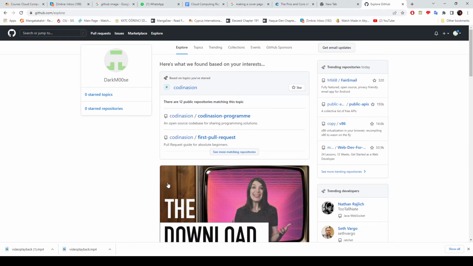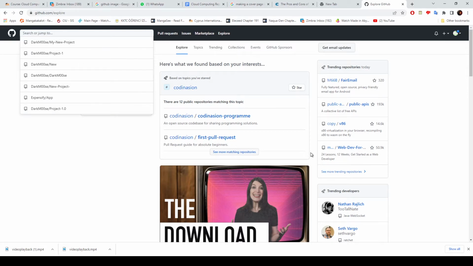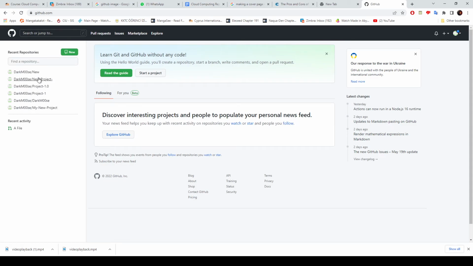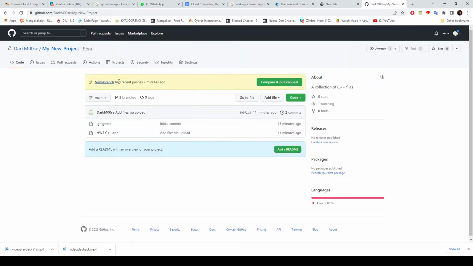It's not just a cloud storage service. It's a lot of things, and it's just so much to learn. So let's go back to our projects, and which one was it? It was called my new project. Okay,